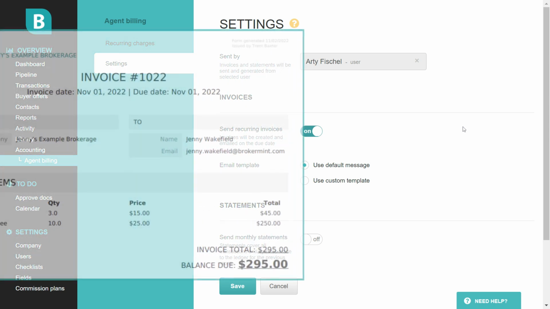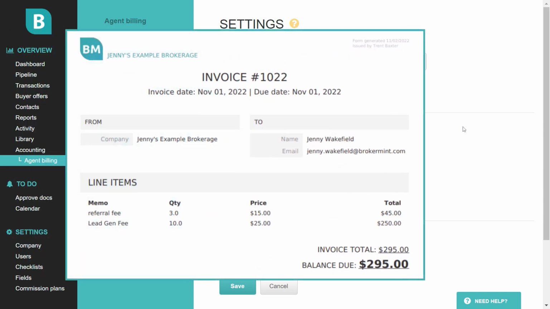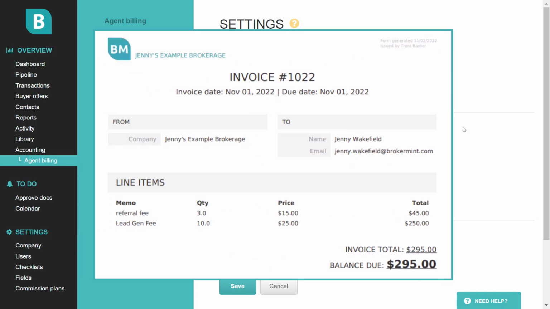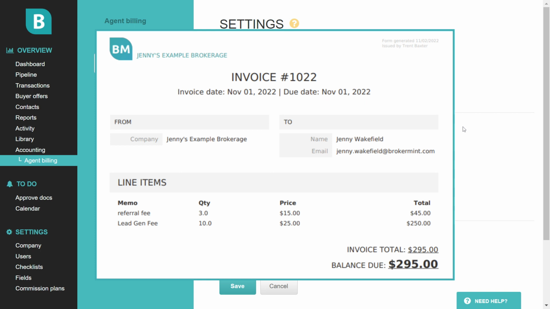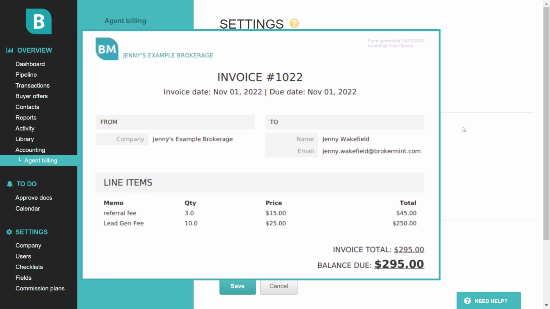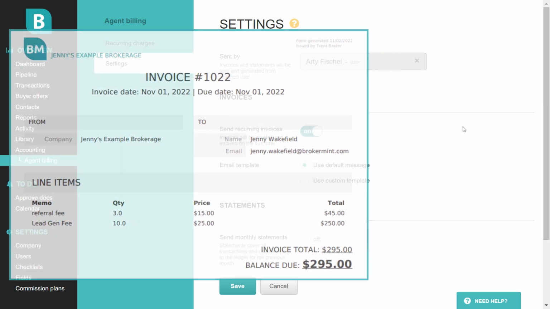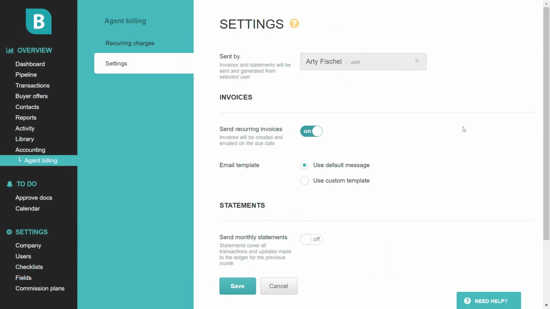If for any reason the charge doesn't go through, an invoice will be sent on the date of the charge, but will let the user know that there's still a balance on their account. If you'd like to download or email an agent's invoice for a non-recurring charge, you can do this from the agent ledger. Keep in mind that invoices added to the agent's ledger are included on their monthly statement, but you